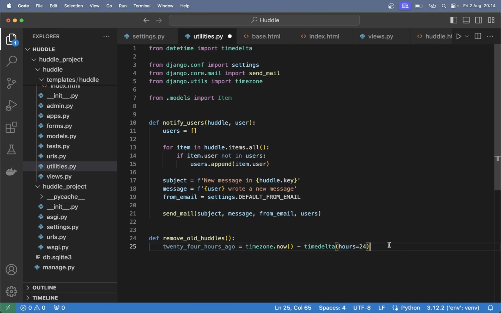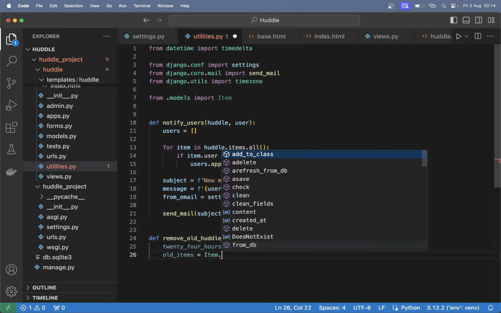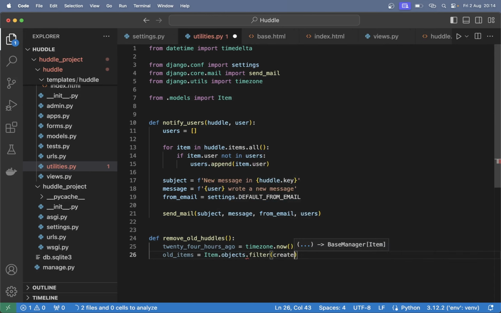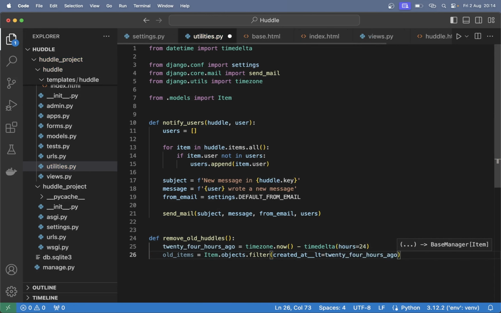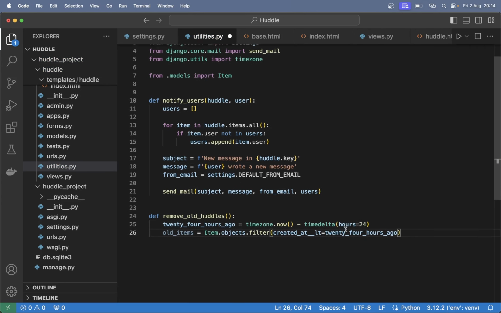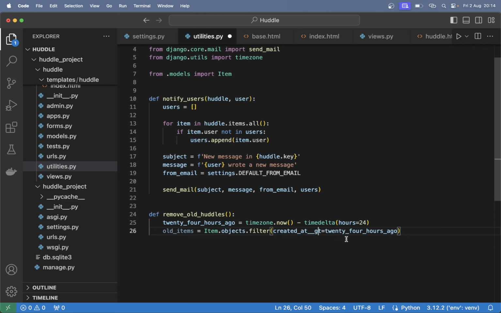So now we know when 24 hours ago was, and we want to get all of the items in that period. old_items equals Item.objects.filter(created_at__lte=24_hours_ago), like that. Actually, I want this to be greater than 24 hours ago, because I want to get everything from today, of course. And then I can say if old_items.count is greater than 0, then we can say